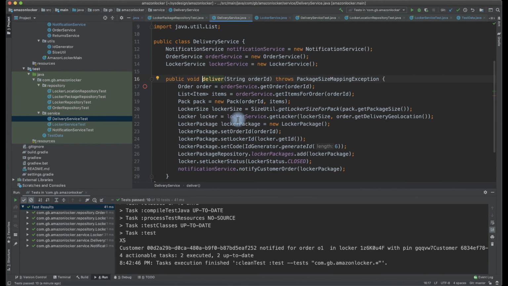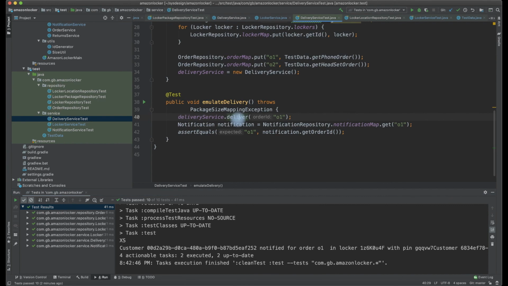It picks up the location from the order, fetches the locker based on the locker size and the nearest location, using the locker service to fetch that from the locker repository, and then generates a code and sends a notification. This exactly simulates the entire delivery done by a delivery person, right? So that's what we are trying to do here and test.